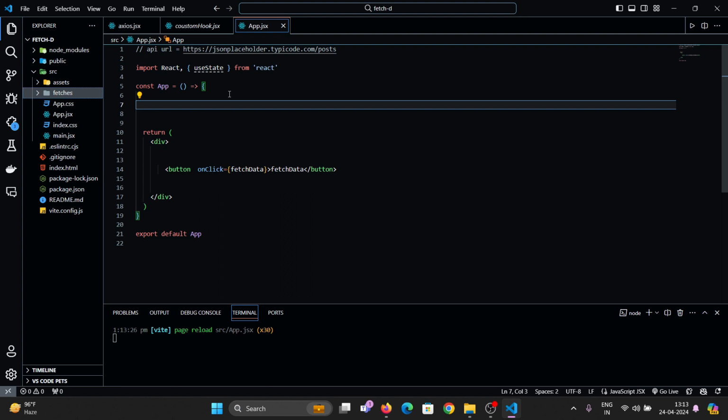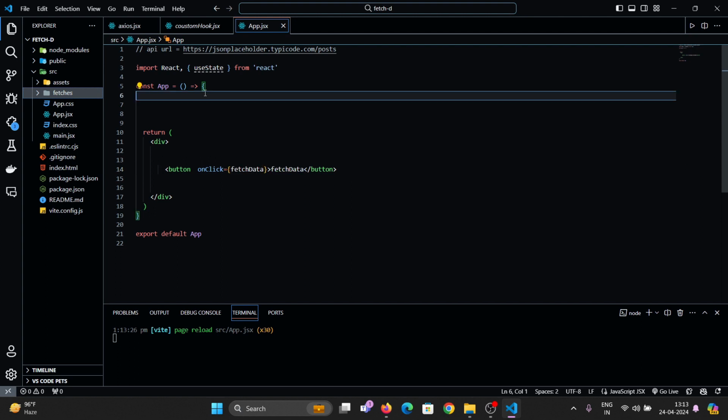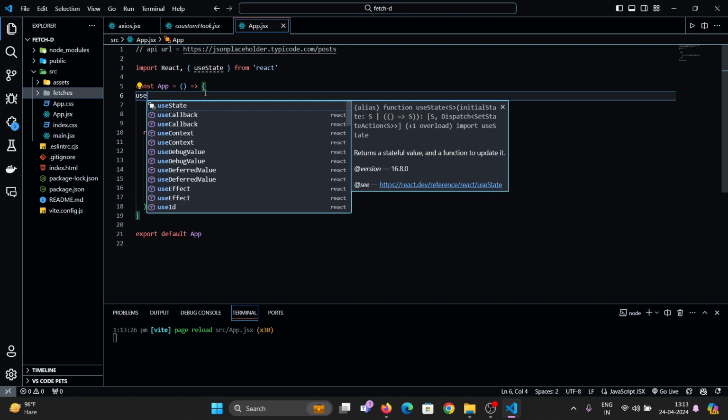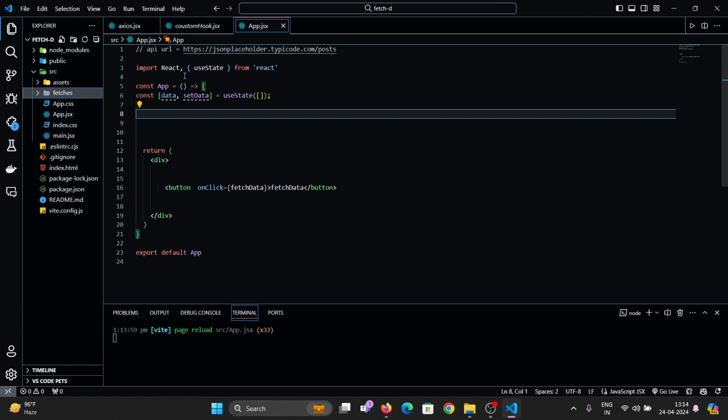First we see how you can fetch data using Axios. There is a simple button. On clicking this button, a function named fetchData is called. Let me use the useState snippet for that and name it data. So first of all we created a simple useState snippet here, and inside this there is an empty array. You can also use the null value here.